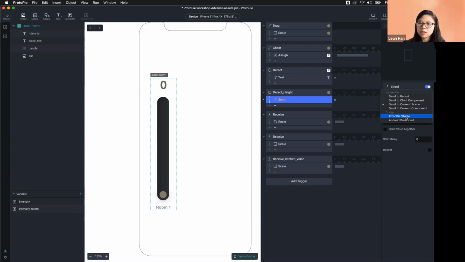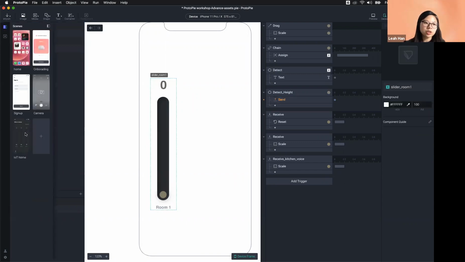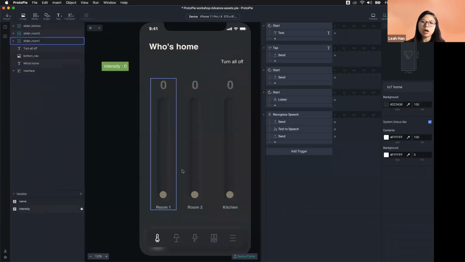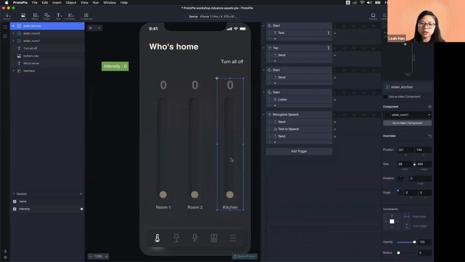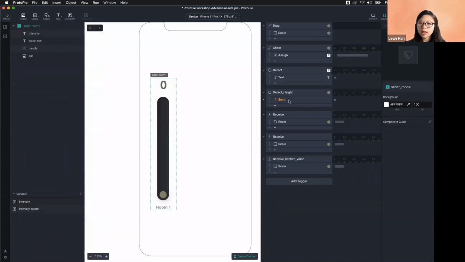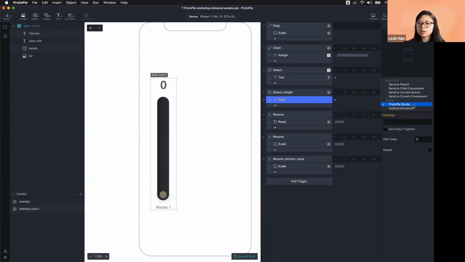The reason is if you just select ProtoPie Studio, that means you are using your main component, right? So every time, no matter which one you are changing, all of them will send a message to another Pi file. But in this case, we only want that when I change the kitchen, it affects my other Pi file. So I have to choose